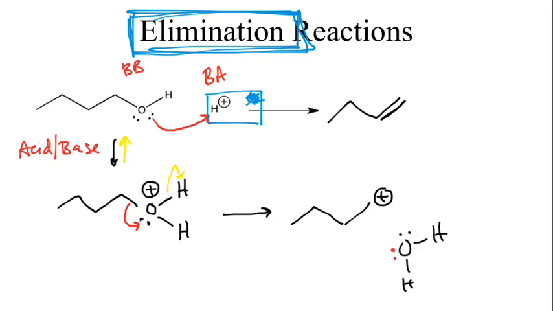Deciding or evaluating between those two, which is better, a positive oxygen or a positive carbon? Positive carbon because it's less electronegative than oxygen. So all in all, that doesn't seem too bad, but we do run into an issue here. What's that issue? This carbon is only bound to one other carbon, so it is a primary carbocation. Okay, that's a bit of a problem because we said our primary carbocations are so unstable they don't form, which means the mechanism that we've drawn, our red arrows back here,